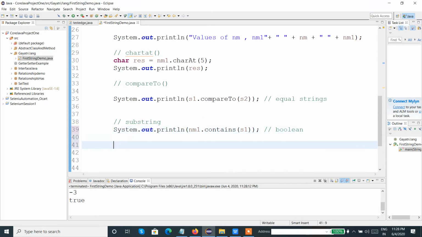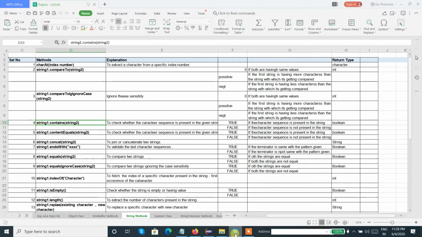So we understood what exactly the contains method does in the String class and where we need to use it. Then we have the concat method and the contentEquals method.